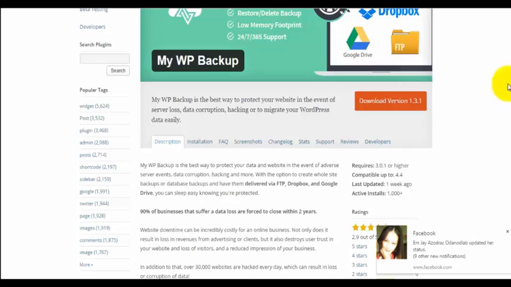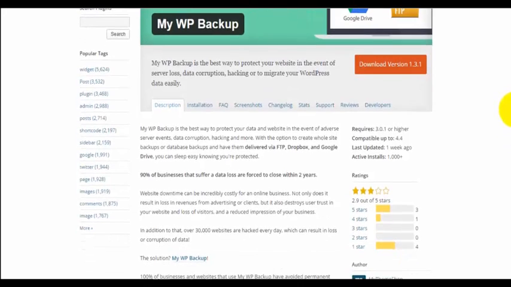Not only does it result in loss of revenue from advertising or clients, but it also destroys user trust in your website, causes loss of visitors and a reduced impression of your business. In addition to that, over 30,000 websites are hacked every day, which can result in loss or corruption of data.